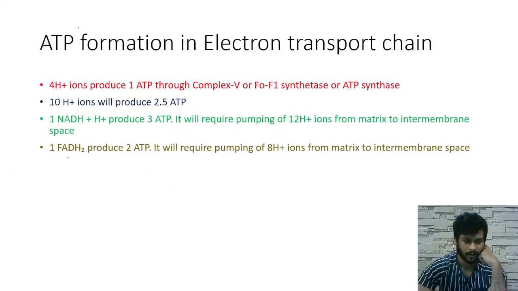Next, 4 H plus ions produce 1 ATP through complex 5 or F0 F1 synthetase or ATP synthase, and 10 H plus ions will produce 2.5 ATP, which means when 4 H plus ions